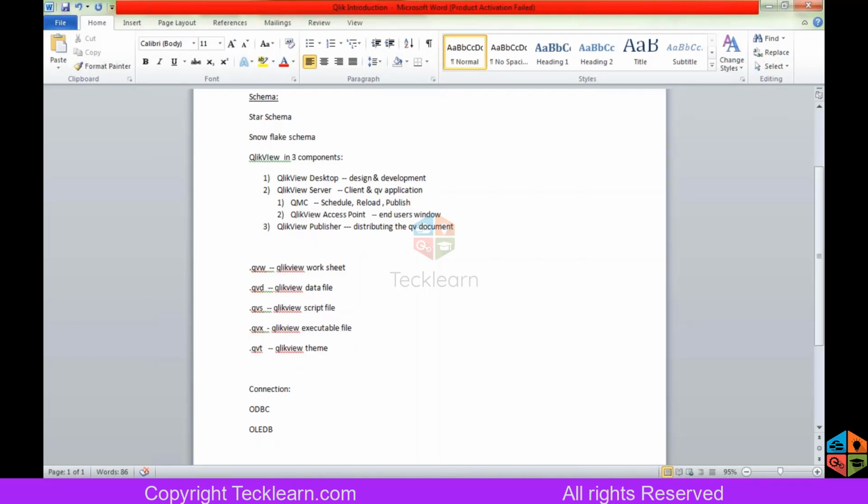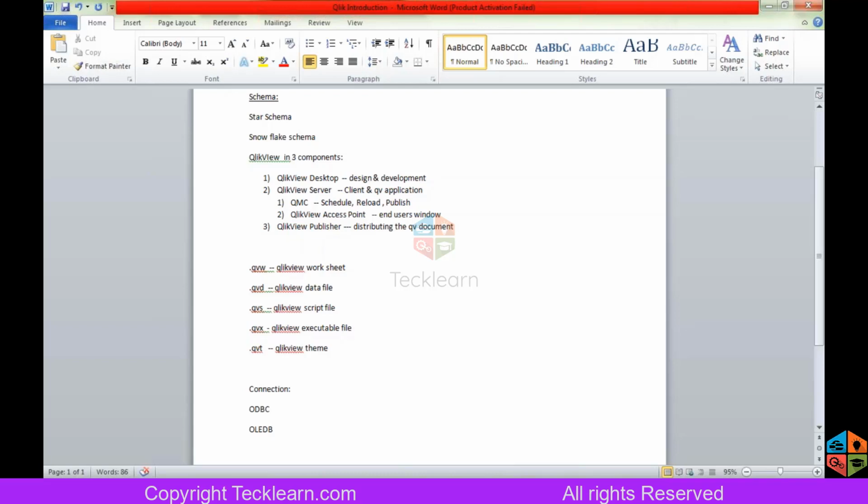The difference between these two is that both will be helpful in connecting to the database, but OLEDB will be very fast compared to ODBC. If you want to connect with ODBC, there should be a DSN name that you need to add. But when you want to connect with OLEDB, it will directly go for the host name. You need to select the provider, Microsoft SQL, whatever database you are going to connect, and give the host name, server name, and credentials.